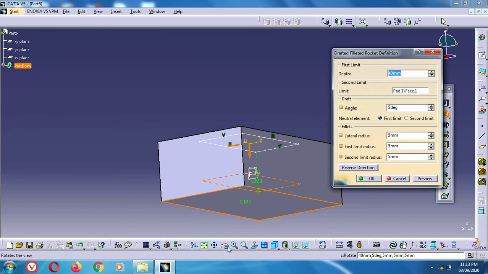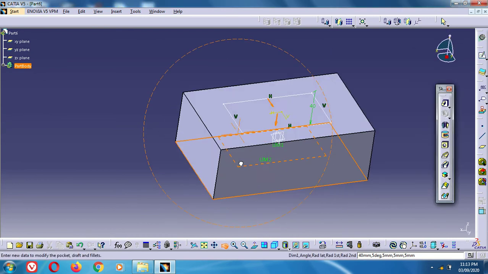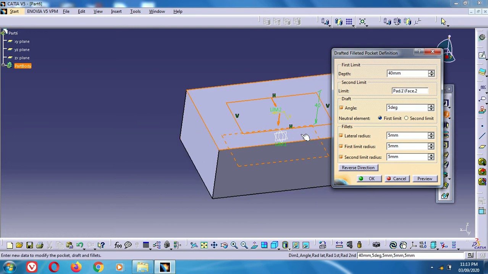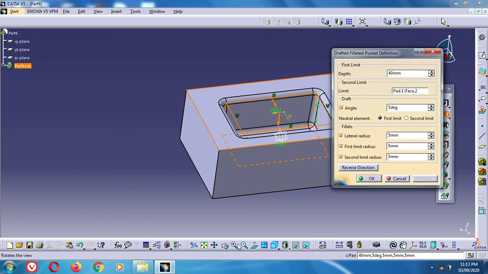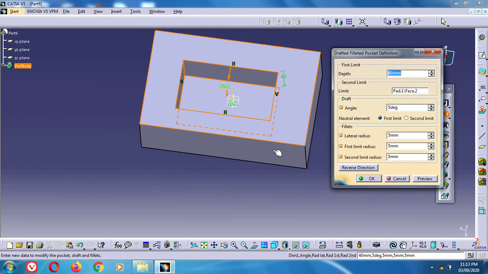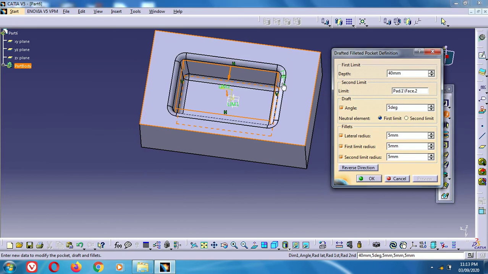Then again click onto the front plane and see the preview. Here we obtain a pocket which has a draft, right?